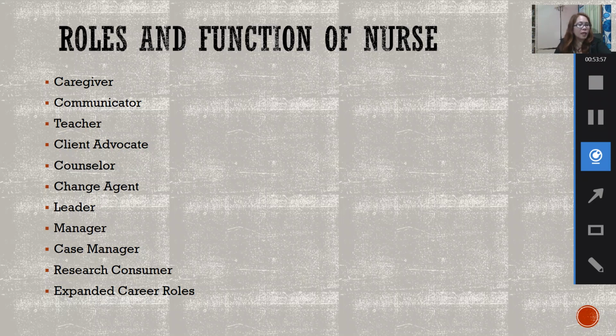Okay? And as a counselor, you have to provide emotional, intellectual, and psychological support to the client. And as a change agent, you have to act in assisting your client to make modification in their behavior. Ano yung mga modification na yun? Ikaw yung change agent. Tuturuan mo si patient na ito yung imo-modify niya. Kung ito yung practice niya, lagi siyang nagsisigarilyo or umiinom ng alak, so kailangan tanggalin na yun.